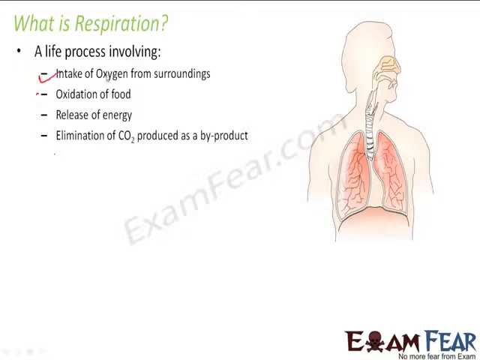Now using that oxygen, oxidation of food. So the oxidation of the assimilated molecules, using that oxygen itself. Release of energy. So when the food is oxidized, energy will be released. Elimination of carbon dioxide, which is produced as a byproduct. So as you saw the equation for respiration, carbon dioxide is an extra thing which is getting produced, and we do not want to store those extra things. So we have to eliminate carbon dioxide. So what are the things which we deal with in respiration? Intake of oxygen, removal of CO2, and oxidation of food. So all these things together constitute the process of respiration,